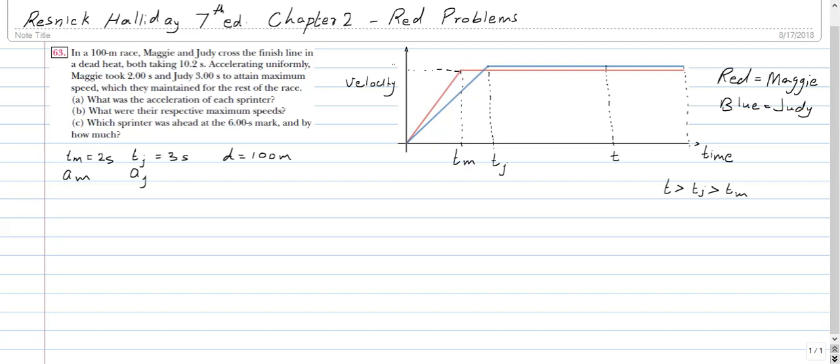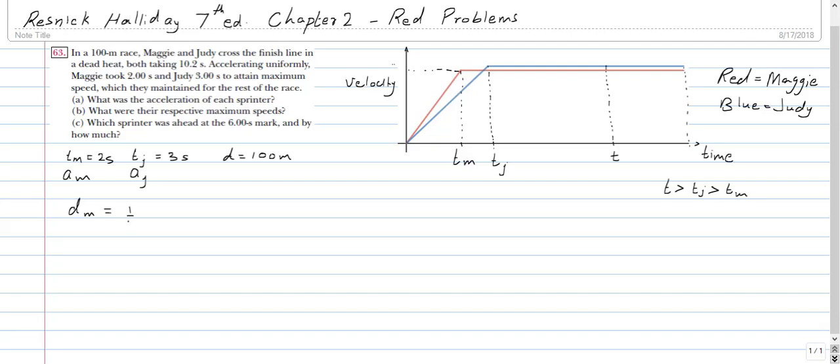So we know that if I take any time t, the distance covered by Maggie and Judy would simply be the area under these graphs, and these graphs are simply trapeziums, right? So we know that dm, the distance covered by Maggie in t seconds, is simply the area of this trapezium. So it turns out to be